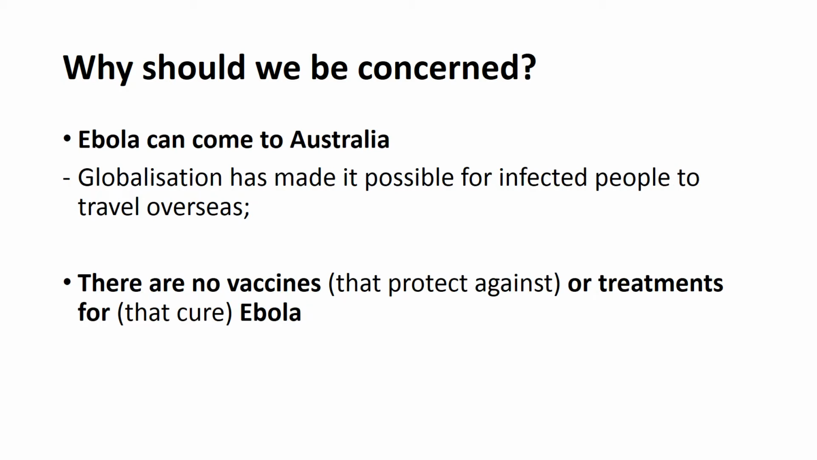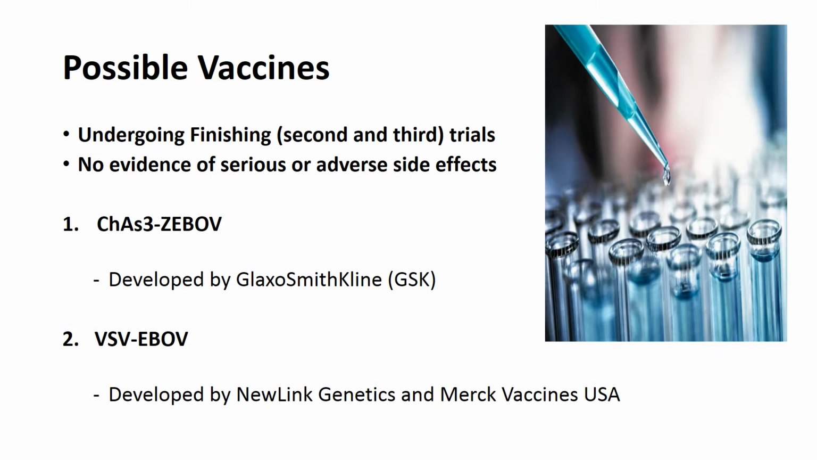Yes, we live in a first world country, and yes, we have a well-developed healthcare system in Australia. However, this does not mean we are immune to EBD, and this doesn't mean that Ebola would never arrive in Australia. Globalization has increased the mobility of people, making it possible for infected persons to travel to first world countries such